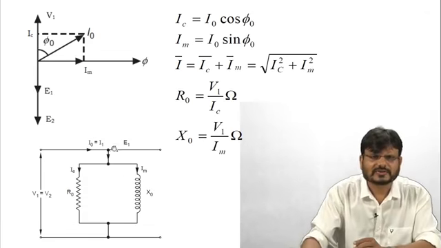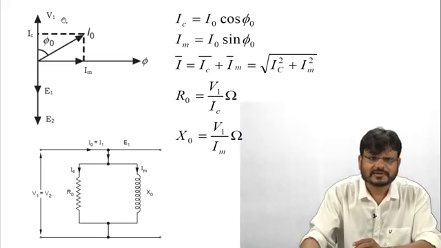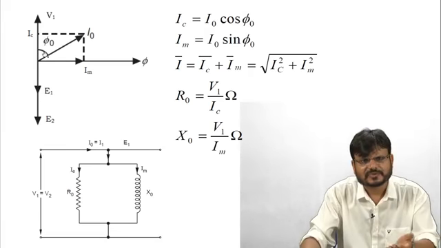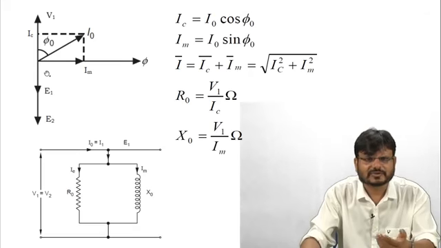Now because you have calculated the no load current and you have a value of the voltage V1, and a value of the no load power factor, that means you have a no load phase angle, right? So just draw the phasor diagram at the no load side. So this I naught is current lagging with respect to voltage V1 by this angle phi naught.